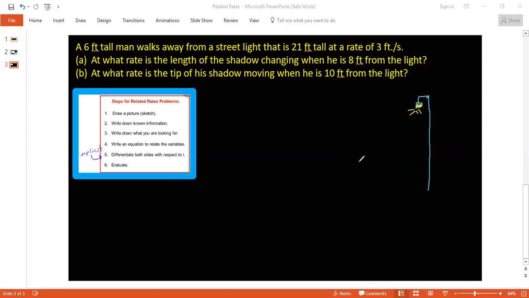He's 6 foot tall, and he's casting a shadow as he walks. So as we put this together, you start to notice that we have,